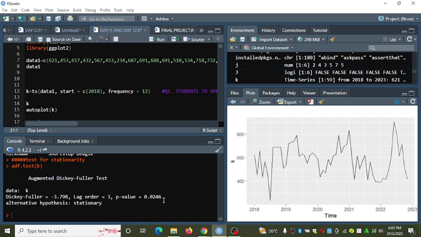First of all, before you perform a test, you have to ask yourself what the null and alternative hypotheses are in the ADF test. So are we together? The null hypothesis of this ADF test is that the time series contains a unit root, or is non-stationary.